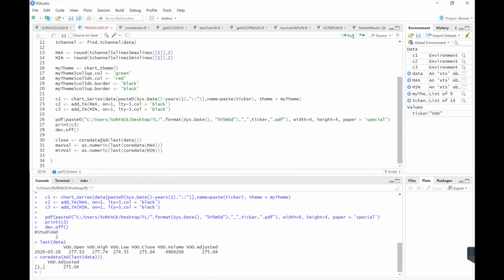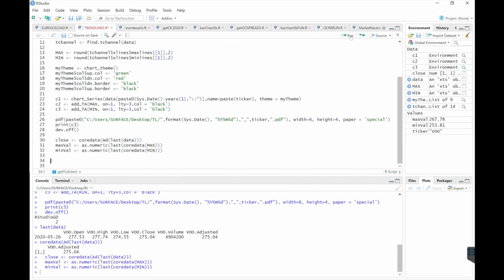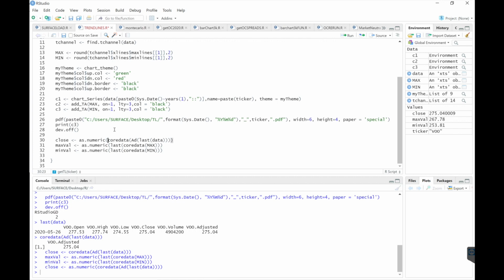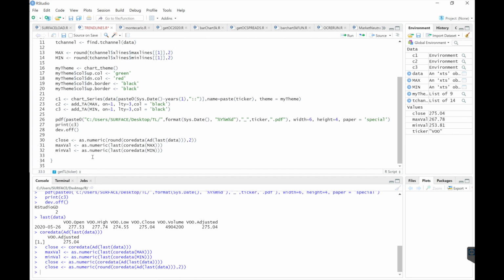So we'll run these, close, max, min. We'll change this to numeric as well. Let's round this to 2 decimal places. Now I want to get the distances between the trend lines and the closing price as a percentage. So the distance